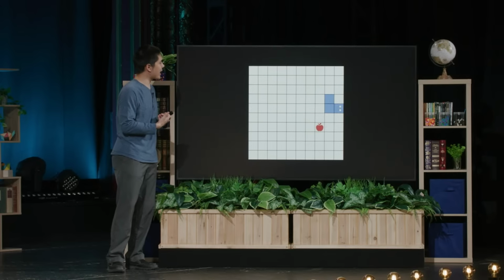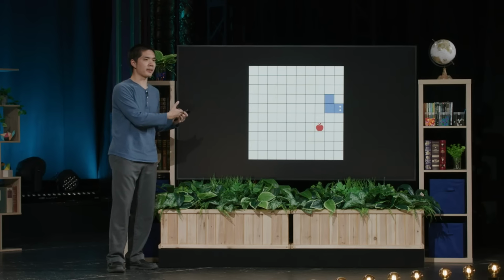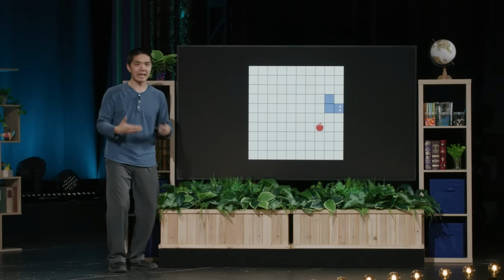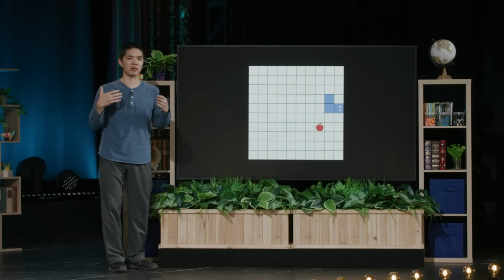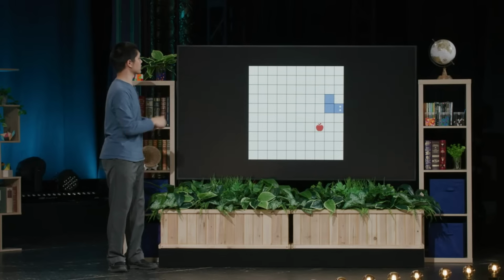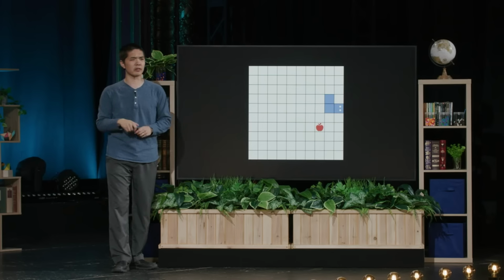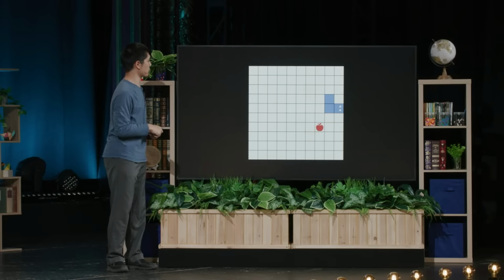But the idea now is that every time it plays this game, what the AI can do is it can learn from the experience. It can learn from any action that it takes. It can look at what is the result of that action. And based on the result of that action, it learns what to do more of next time. And it learns what to do less of next time, too.